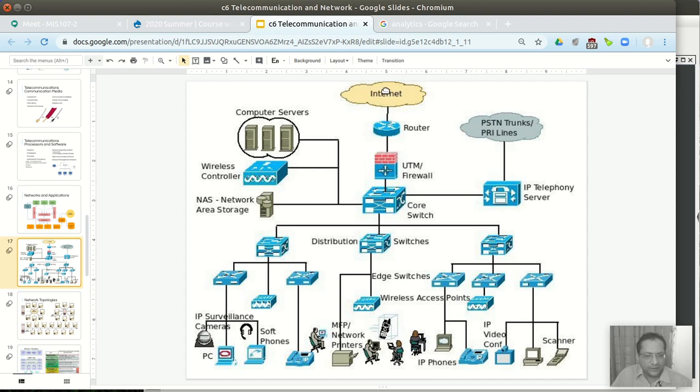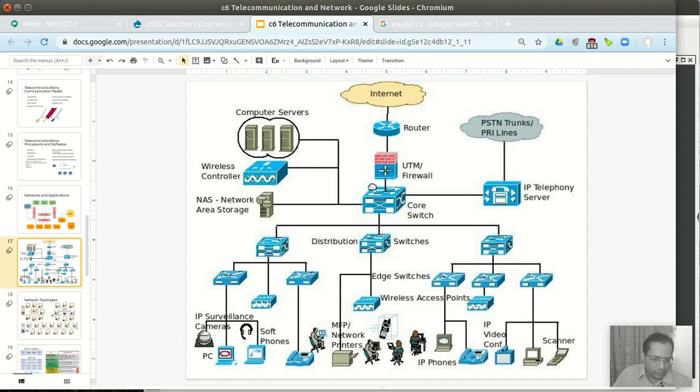Over here we can see a sophisticated network. You can consider North-South University might have a network like this, or a medium to large size organization might have a network like this. So what we have is the internet. Connecting to the internet, we have a router. Before the router, we have a firewall, and before the firewall we have a bunch of switches. Whenever this person tries to communicate with this scanner, they will go through this, and the switch will say, "Oh, don't go over here. Go through this, and then connect here."